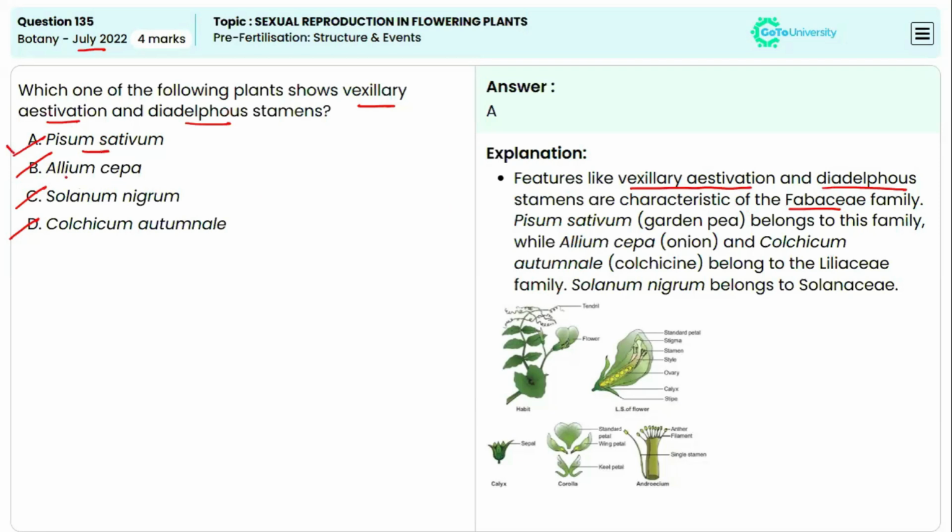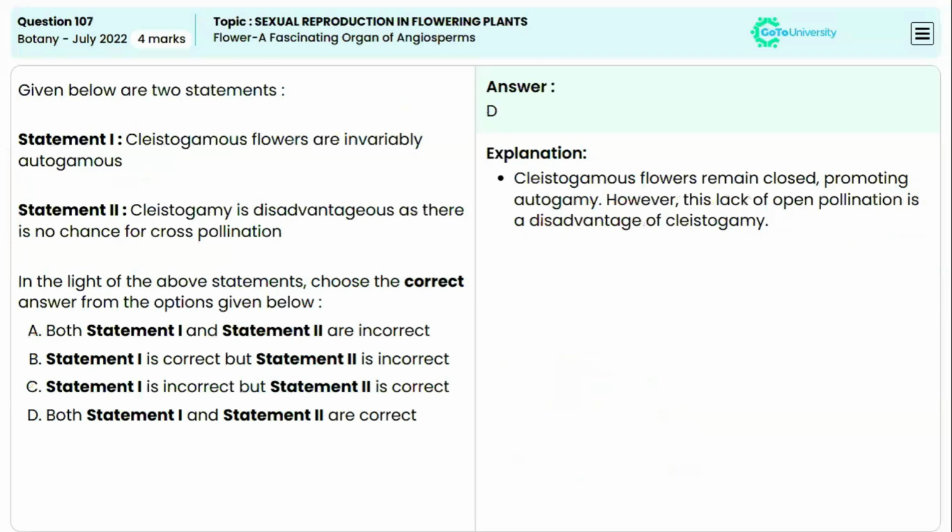Whereas coming to Allium cepa, it is onion. Then Solanum nigrum as well as Colchicum autumnale do not belong to the Fabaceae family. Allium cepa belongs to Liliaceae, and Solanum nigrum belongs to the family Solanaceae. Colchicum autumnale belongs to the family Liliaceae as well. So options B, C, and D are incorrect. The correct answer is Pisum sativum. Now moving to the next